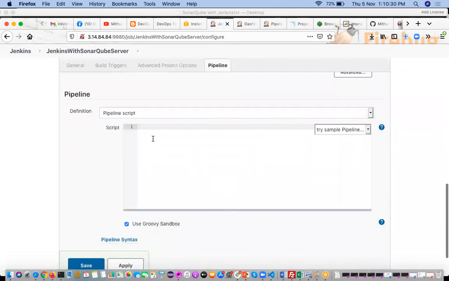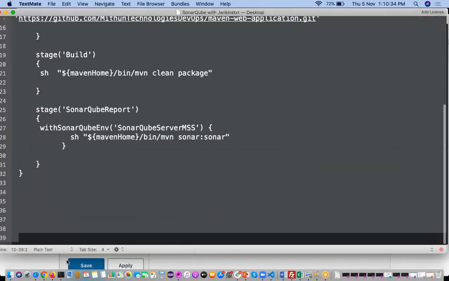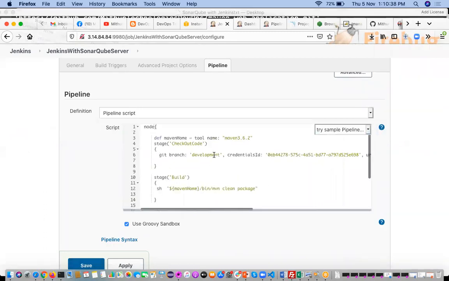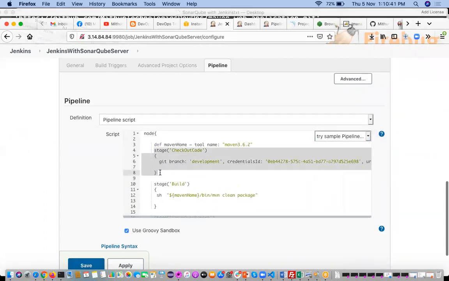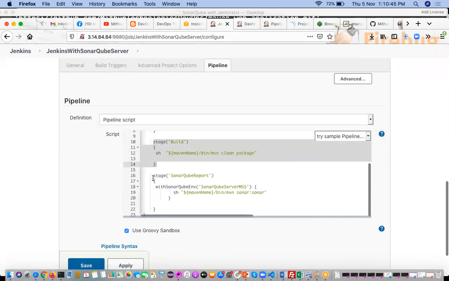I'm going to write the pipeline script. I have already written it, so copy paste this one. I have written three stages. The first stage is getting the code from GitHub, then do the build, then execute the SonarQube report.